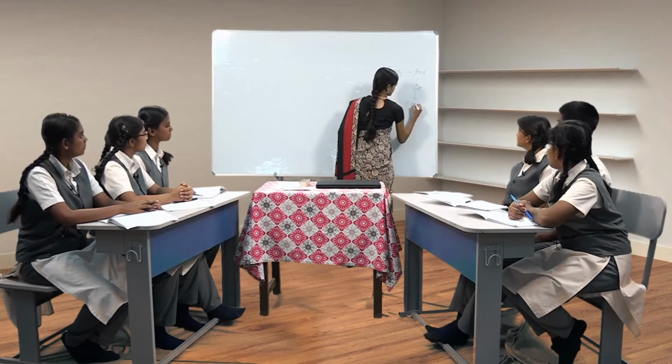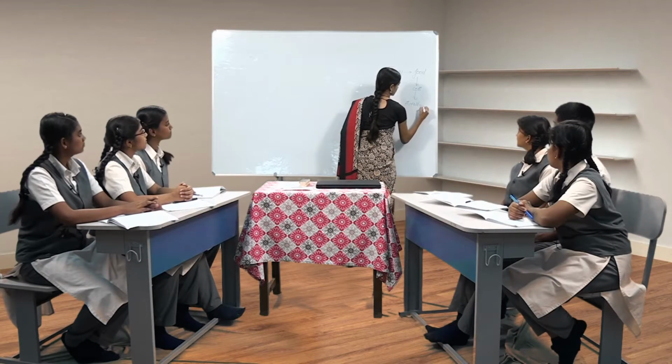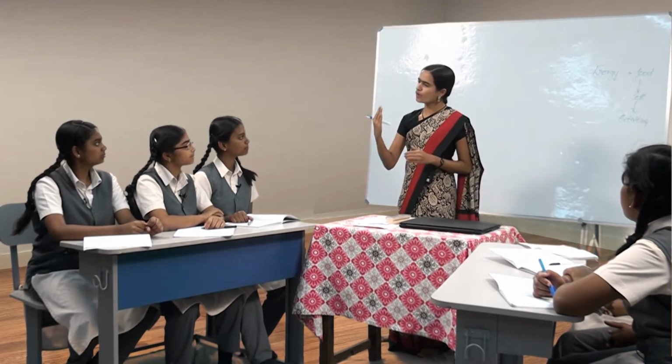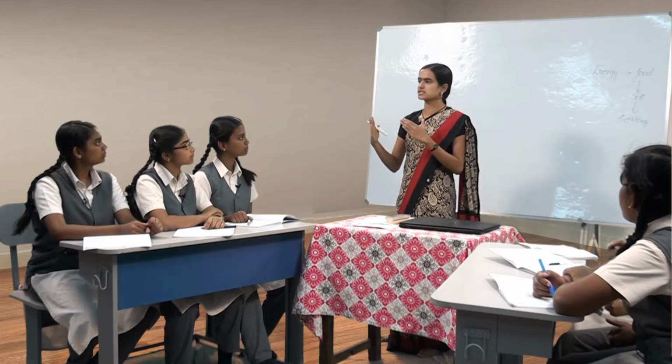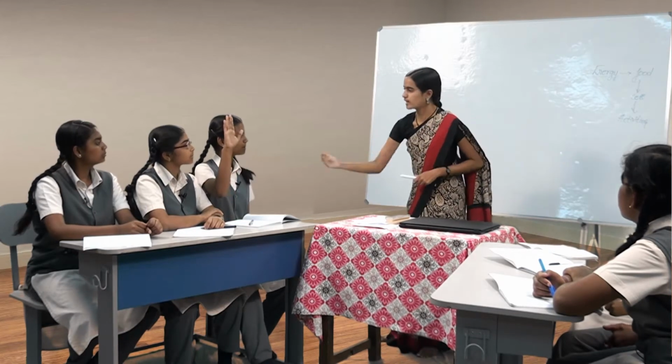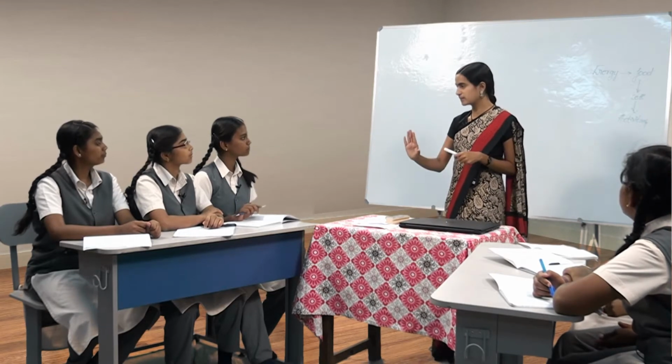Okay, so who can explain what is a cell? Cell is a structural and functional unit of an organism. Excellent. That is the scientific definition which we have to use for cells. It is a structural and functional unit of life. So what do you mean by this structural and functional unit? Ma'am, it's a basic unit. Okay. Everything is made up of cells in our body, and it is the basic structure which can live independently, and it will do all the functions of a living organism.